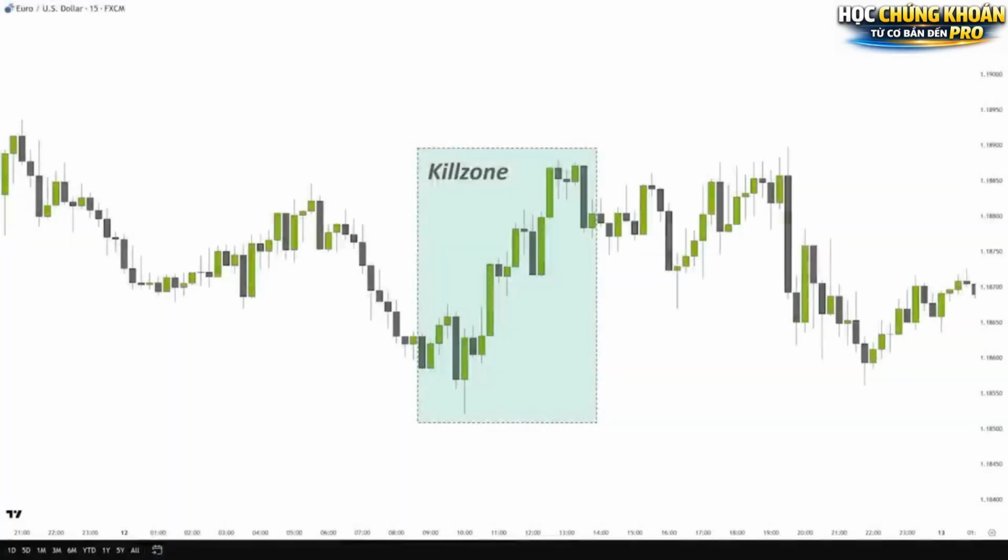The ICT London Killzone is one of the most important time windows for traders who focus on intraday market movements. By understanding how liquidity works and how institutions operate during the London session, traders can better identify potential opportunities. Instead of watching the charts all day, you can simply focus on this specific time window and wait for clear